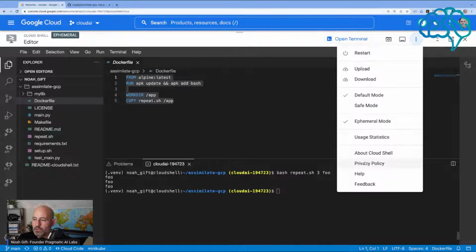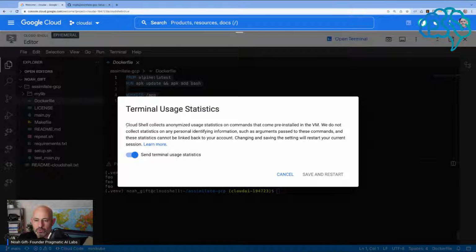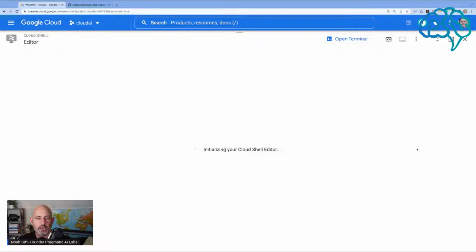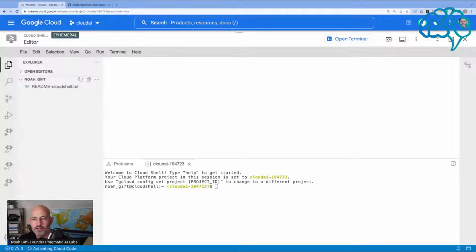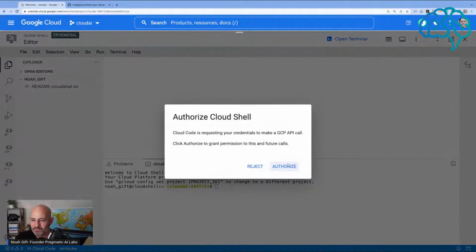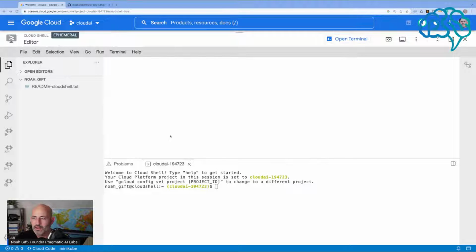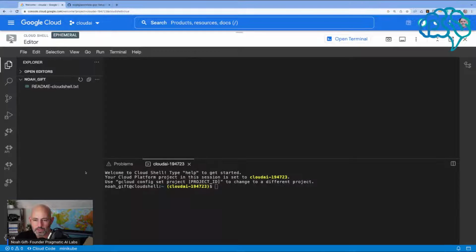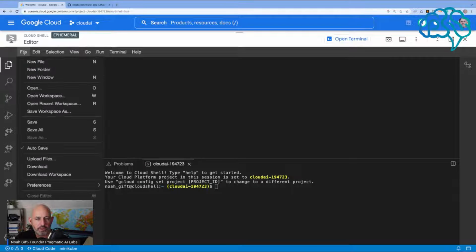So we can see usage stats. That's kind of cool. Let's see. Nah, Google, you have enough of my data. I don't want you to get my other data. So we're going to turn that off. Sorry, but the "don't be evil" was removed from your culture. Okay, there we go. And if we go back to the color theme, now I don't know how you save the color theme. That would be interesting, to save workspace as,